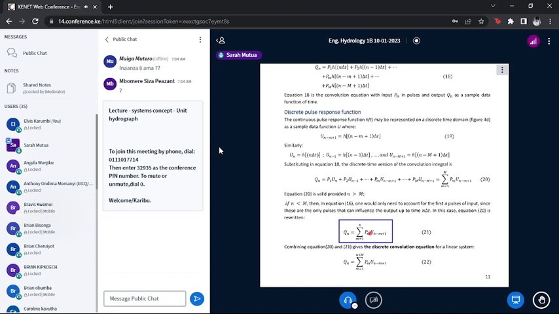So the first expression will be P of 1, U of 4 minus 1 plus 1,